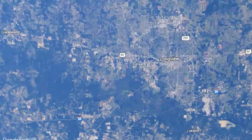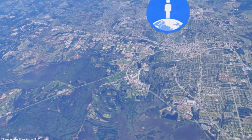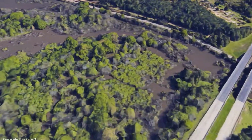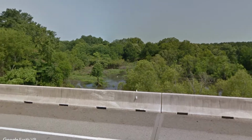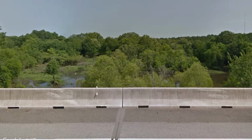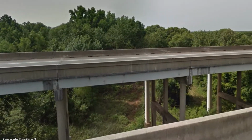Longview, is Longview still Texas? That's the last place I'm gonna look. Okay, Longview is still Texas. Do you have trees? Yeah, you do. Can we see the trees? Kinda. Yeah, you see, there's a lot of unmanaged waterways and unmanaged forests and things, and it's just very...